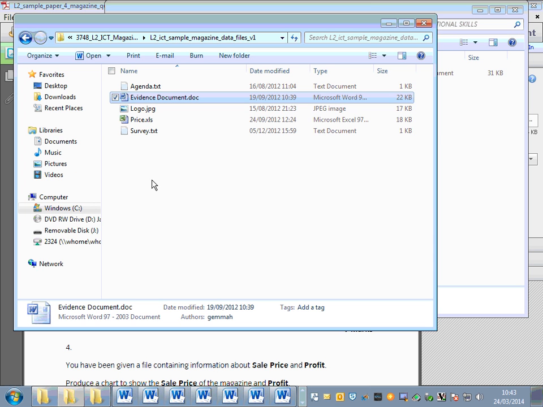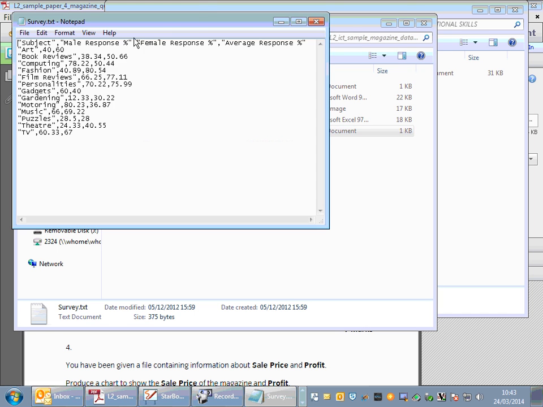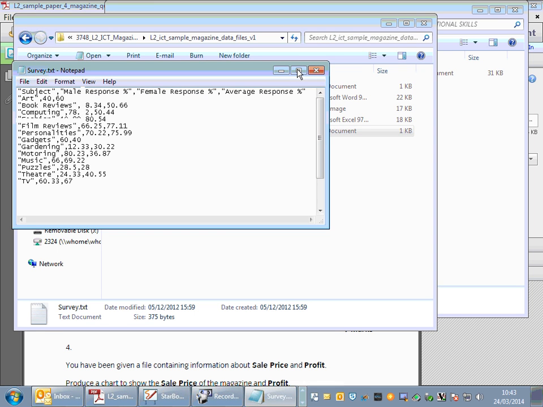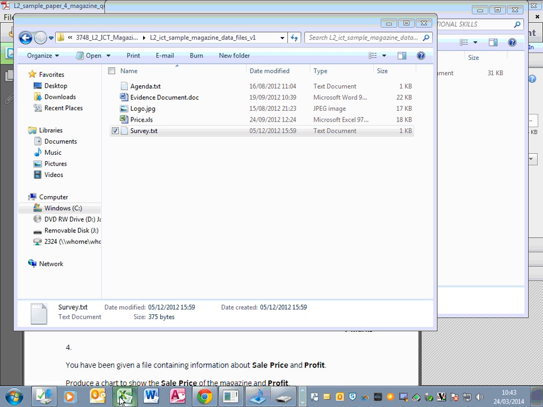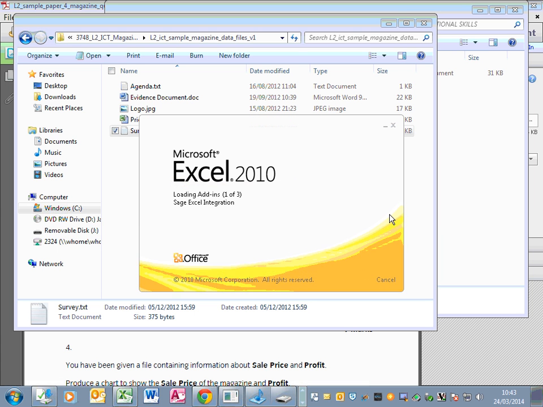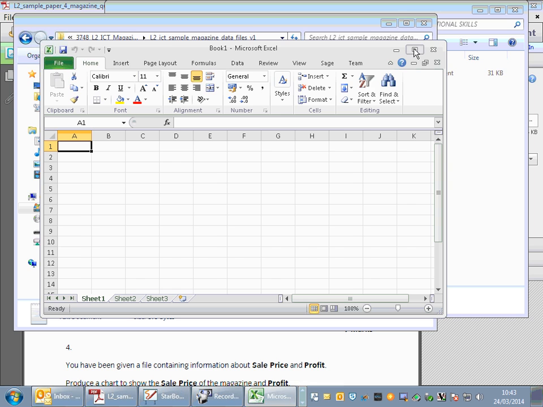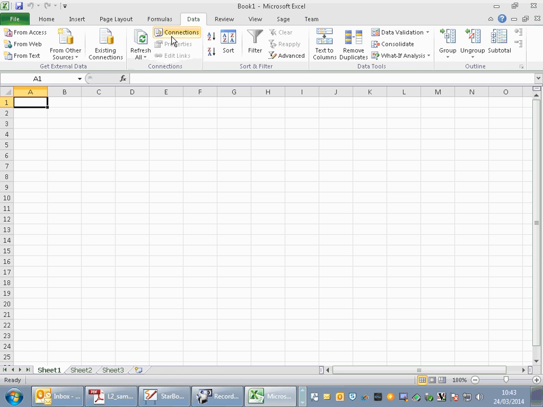Okay, so inside the files, which file do we use? Survey, right? So we need to import that. Yeah. So you all know how to import, right? You have done it several times. Okay. Yes, that's correct. Data, and from text,